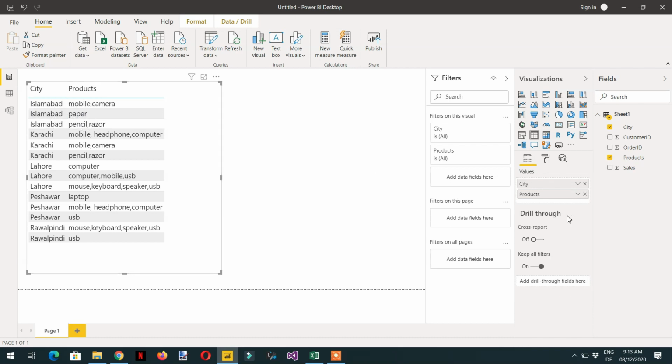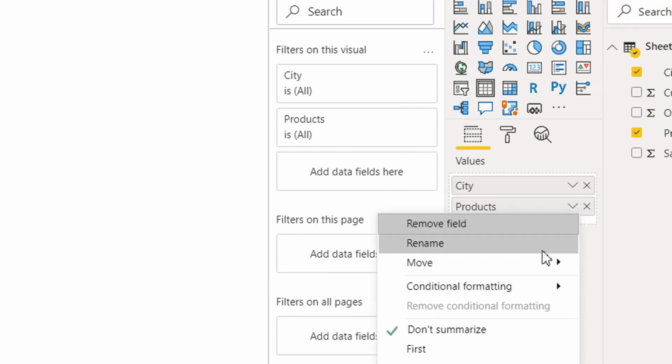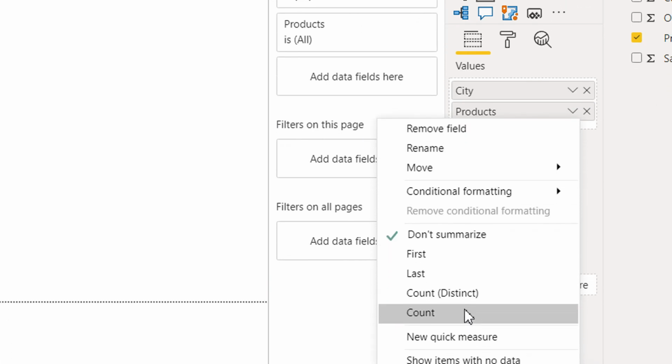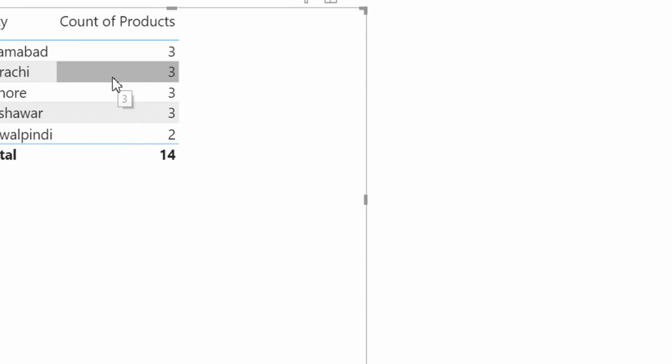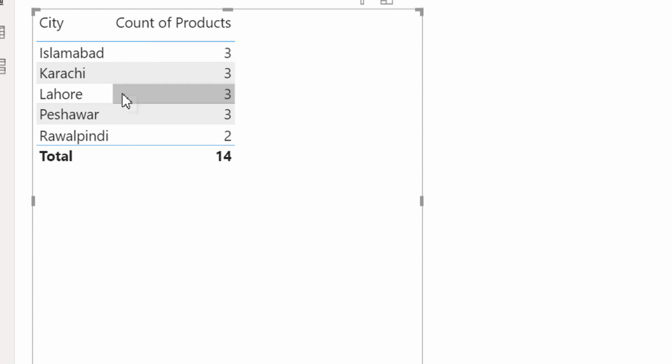So what I can do is, here you can see, I can go here and say okay, just need to count, and here you can see we are getting, for every warehouse from Islamabad, Karachi till Peshawar, 3 products, and for Rawalpindi we are getting 2 products. Let's go to the underlying data